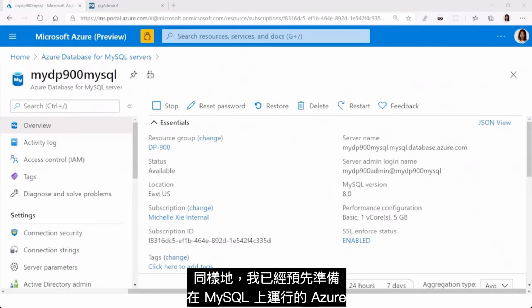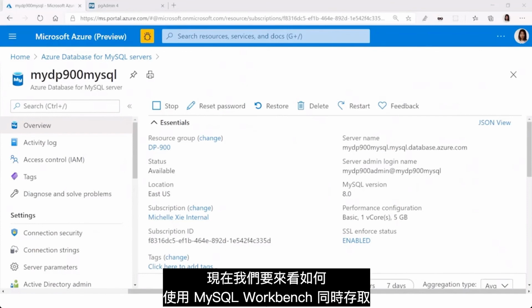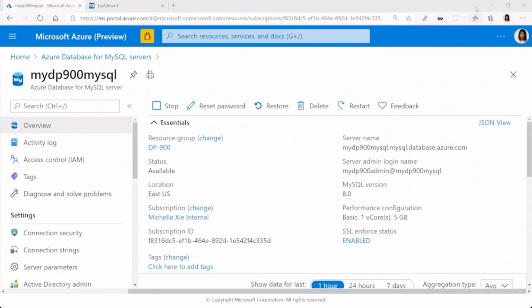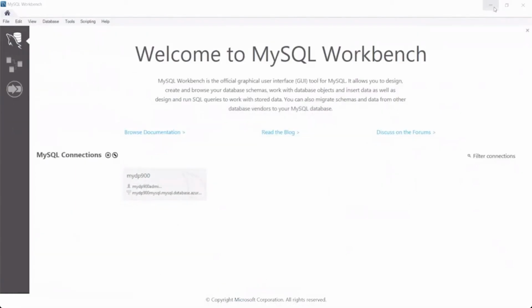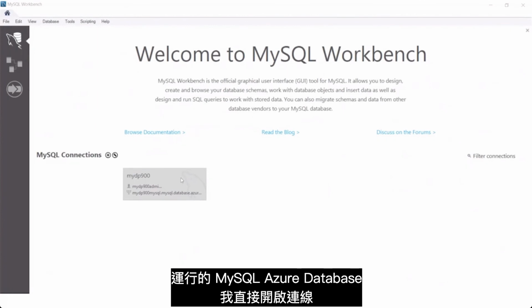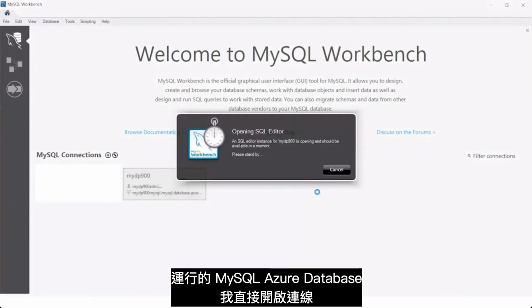So again, I've already pre-provisioned a Azure MySQL server and database that's running on MySQL. And now we're going to have a look at how we can use the MySQL Workbench to both access this MySQL database that's running on Azure and execute some queries against it. So I'm on my MySQL Workbench, and I've already pre-connected to my MySQL Azure database that's running on Azure. So I simply open up the connection,